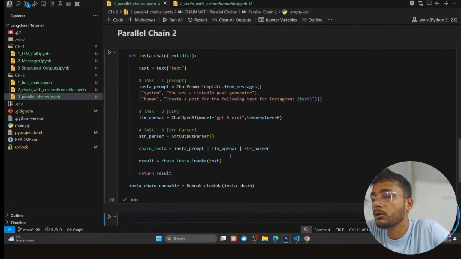Let me just run this. Perfect. So these two are done. Very good. So now finally we need to finalize the final orchestration. That means we need to now arrange task 1, task 2, task 3, task 4, and then these two parallel